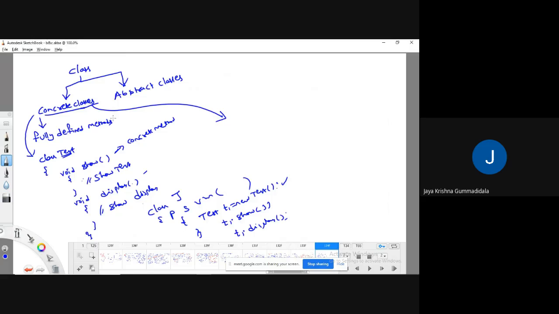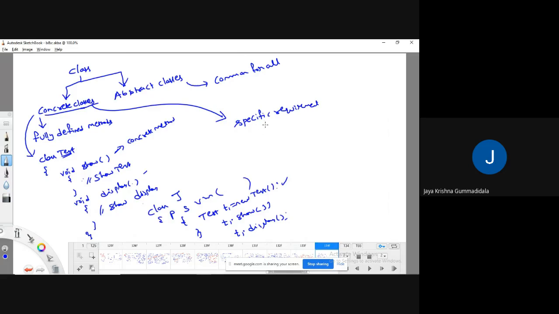So with that statement, you can say that if you want to use the features of a class for a specific requirement, then I will go for concrete classes. Otherwise, if it is common for all, then I will go for abstract classes.